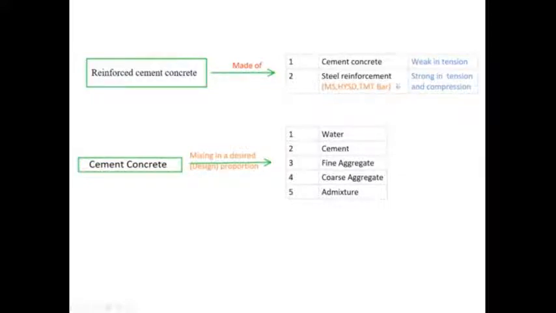So steel जो use होता है construction में, उसके भी बहुत सारे types हैं, बहुत सारे grades हैं जो उसके behavior govern करते हैं. Then plain cement concrete जो है उसमें ये constituent elements रहते हैं. There are 5 constituent elements which create the cement concrete. This entire cement concrete plus steel gives you reinforced cement concrete.